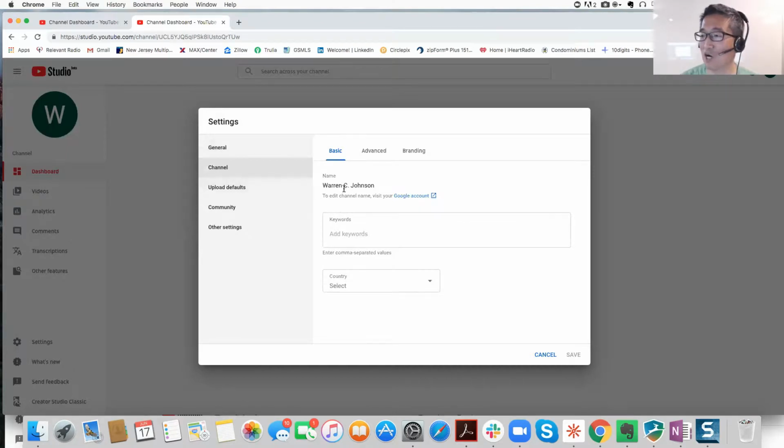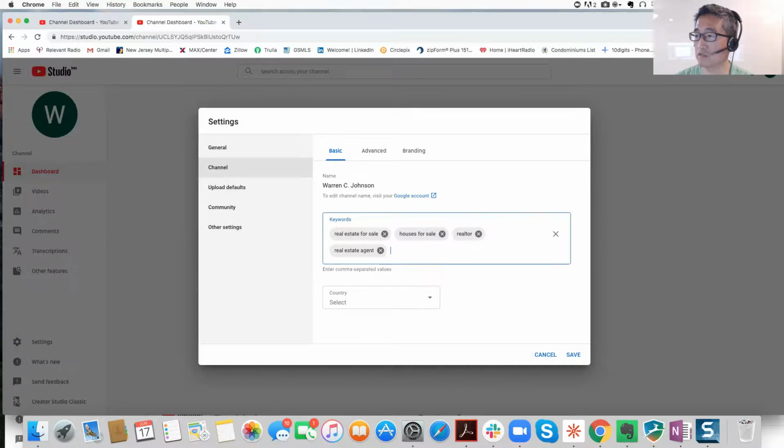Here we're going to go add keywords. For real estate agents specifically is location. So location base is very important. So we're going to put real estate for sale, houses for sale, and then I'm going to put realtor, real estate agent, and then we're going to put some New Jersey, Bergen County, and